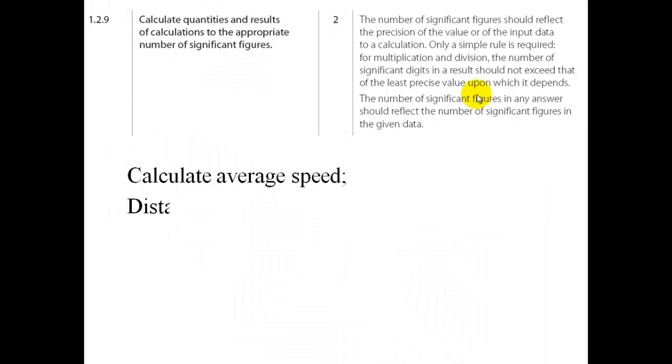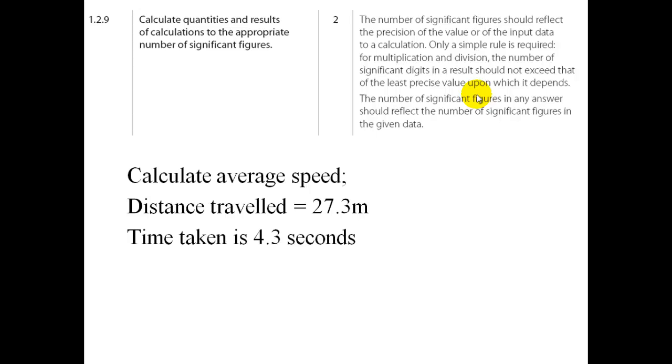For an example, let's find the average speed. Let's say we travel a distance of 27.3 meters and the time taken is 4.3 seconds. We have this to 3 significant figures, this to 2 significant figures. What is the answer? Distance divided by time is